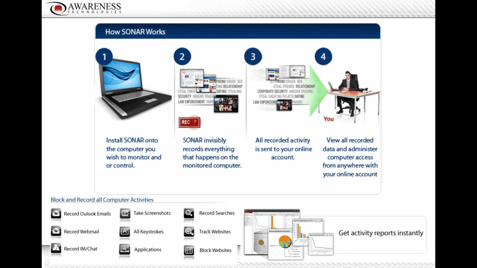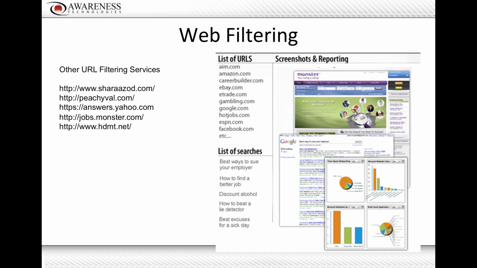And not only that, but then you also have the forensics for if something does happen, you can play it back, watch the video of what occurred, and then you can also get proactive notifications. It also has a component of web filtering, and what's unique about our web filtering is that sometimes when you're doing a network-based web filter, you get all these random URLs. So maybe you get something like answers.yahoo or jobs.monster, but you really don't know what it was they were looking for within those. With us, we'll give you a clear-cut name of the URL.